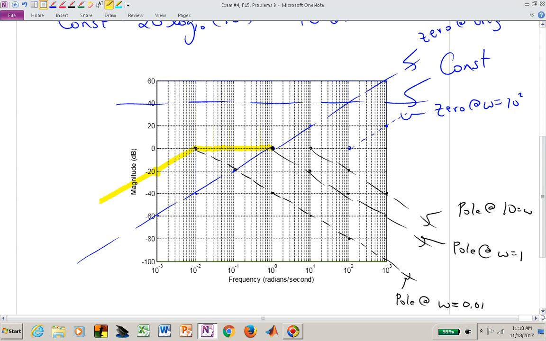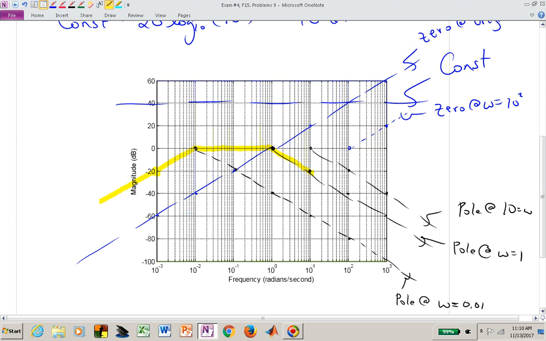My 0 is still contributing, and so is that pole at 0.01. The new piece that's coming in is this pole at omega equal to 1. So I now go down to that, and then beyond that